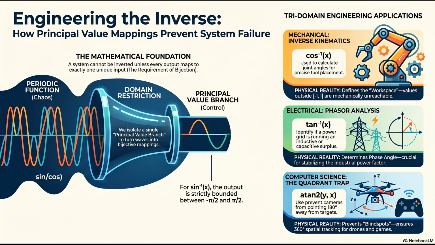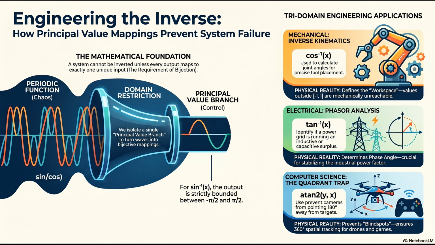They are continuously monitoring the output of that inverse tangent calculation. The restricted principal branch gives them a definitive, unambiguous angle. It tells the system exactly how out of sync the grid is at any given millisecond. Okay. And then the microcontroller uses that exact angle to calculate the precise amount of microfarads of capacitance to dynamically inject back into the grid from giant capacitor banks. Oh, wow. So it acts like a counterweight. Yes, exactly. They are constantly balancing this